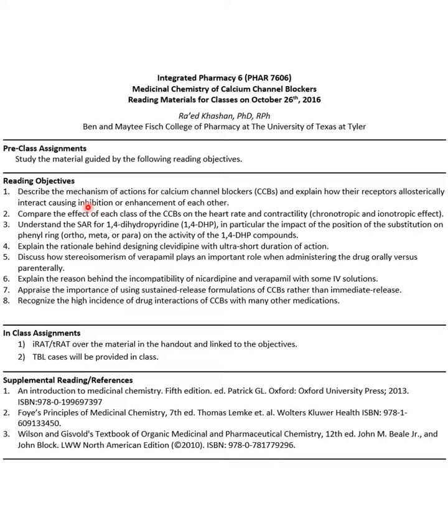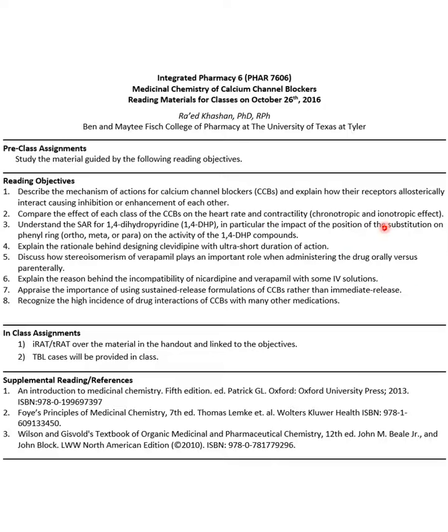the calcium channel, and therefore they can actually interact with each other sometimes. Basically, if you combine two of the calcium channel blockers, as you will see, then they can either enhance or inhibit each other's activity. And then compare the effect of these blockers on the heart rate